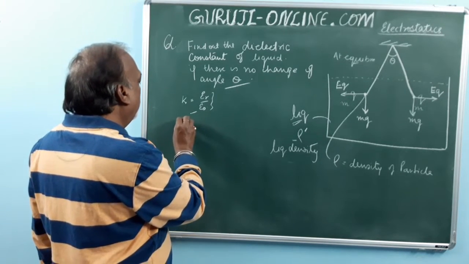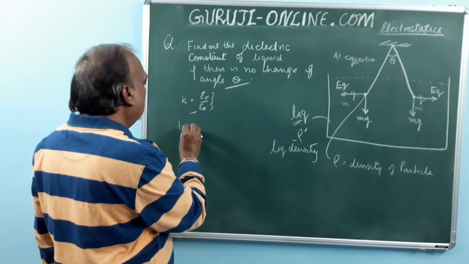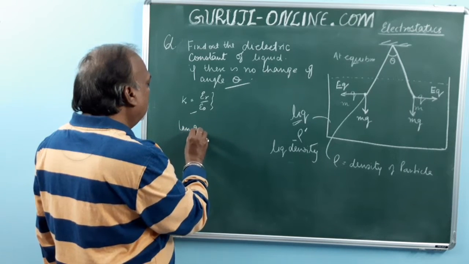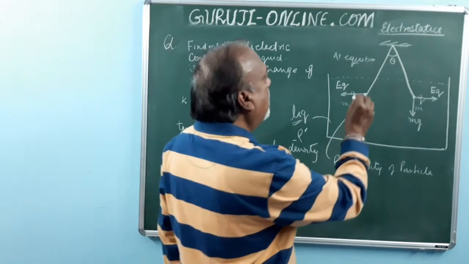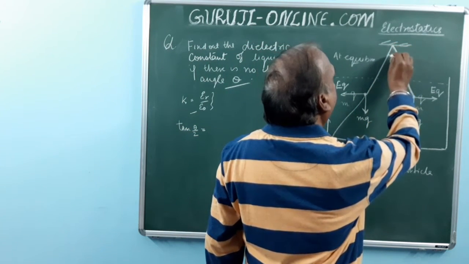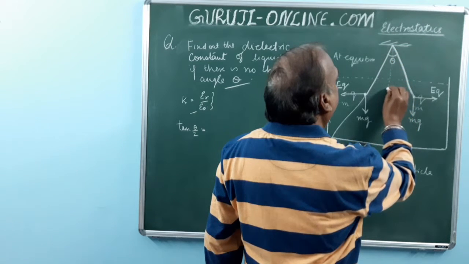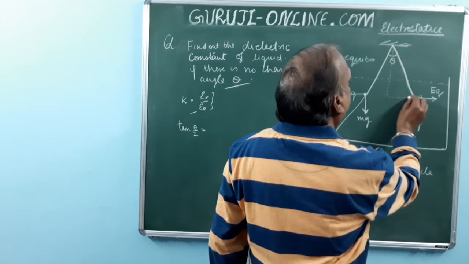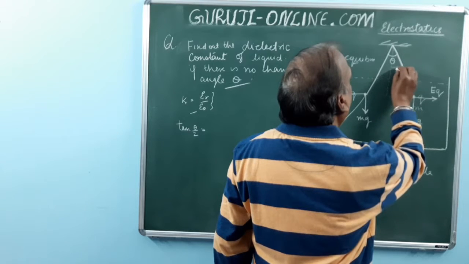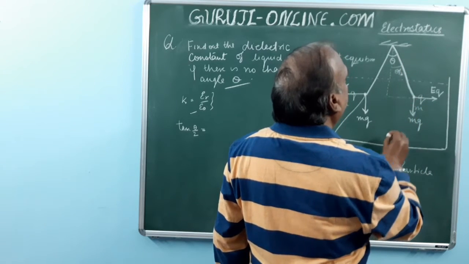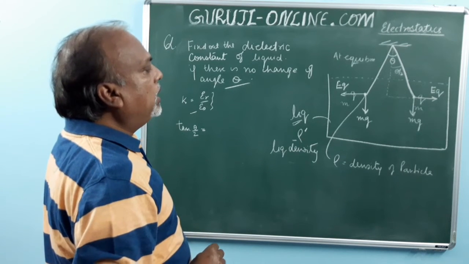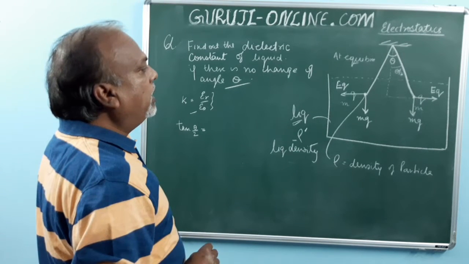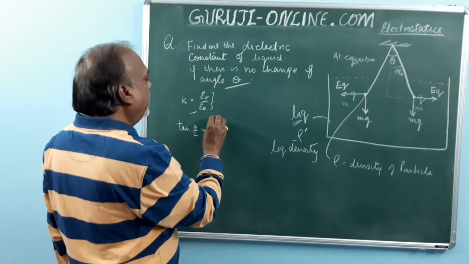Basically, what is the angle? This will be nothing but theta by 2. So what will be tan theta by 2? Tan theta by 2 will be nothing but EQ